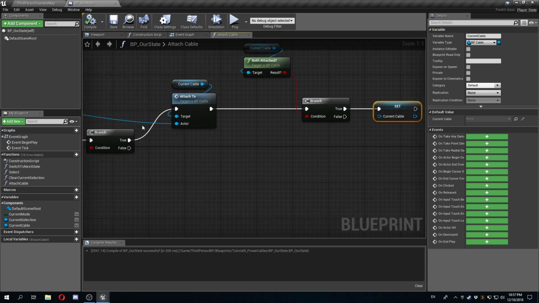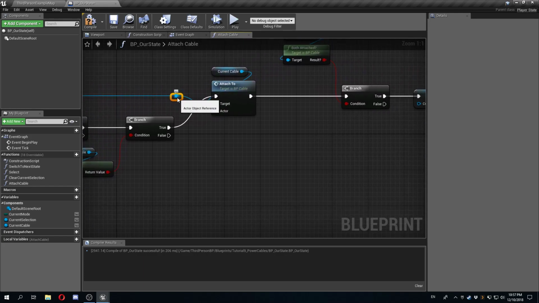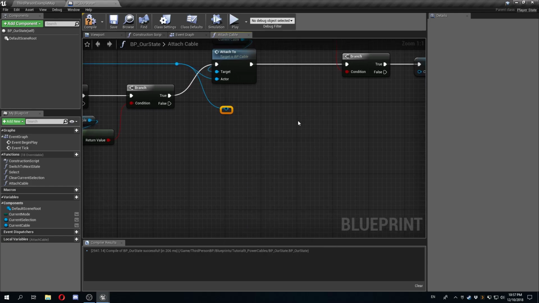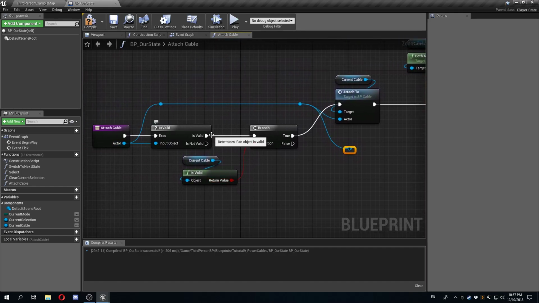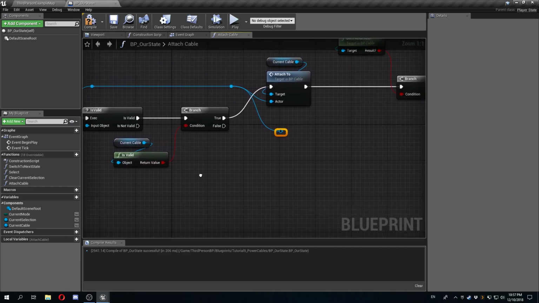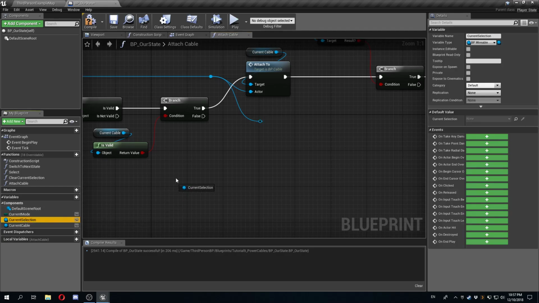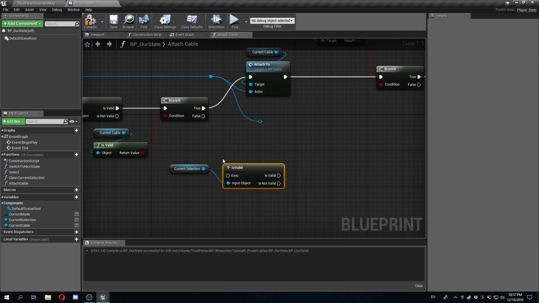So I know I'm going to need a reference to this here. So I'm just going to create already a reroute node here, because I already know I'm going to need it. So actor is valid, but current cable is not. Means that I need to spawn a new cable. But first I'm going to check if the current selection is valid or not. So I'm going to get the current selection, do an is valid on it, and if the current selection is valid,